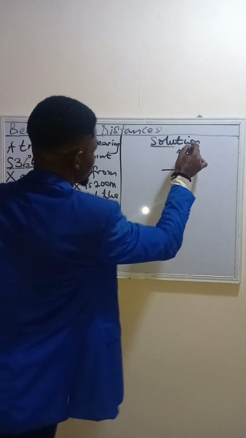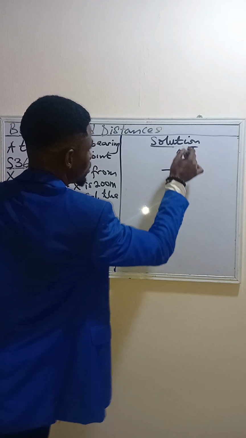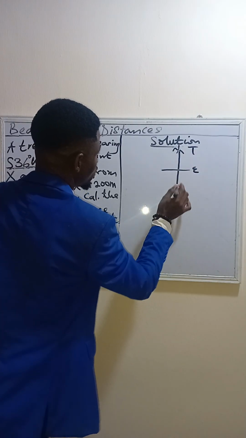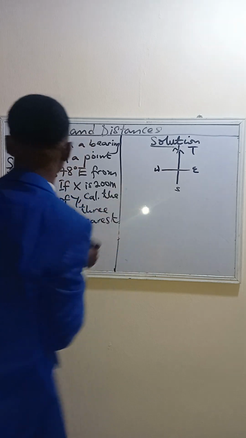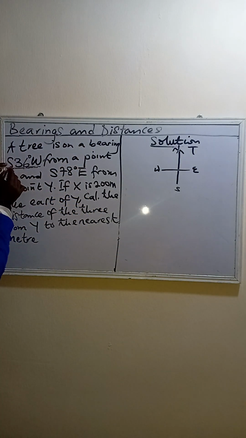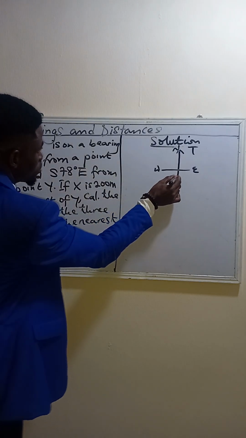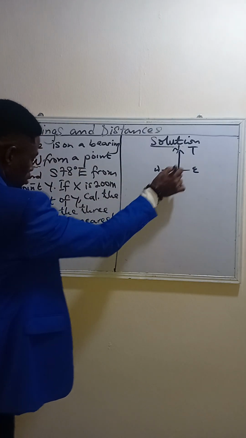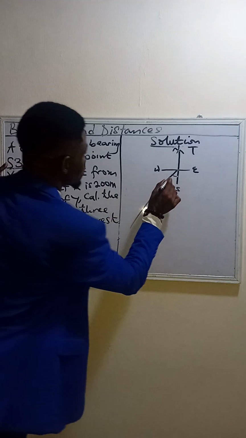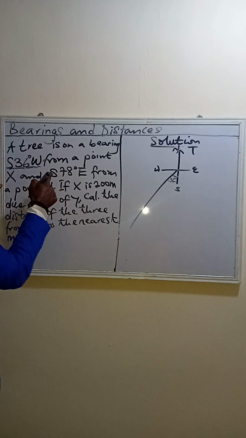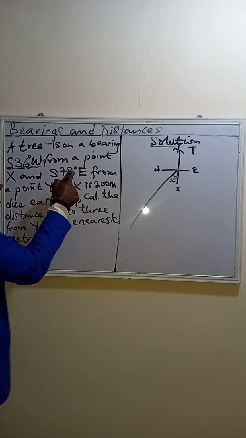This is the tree. Let's assume this is the tree. The north of the tree is this, this is the east of the tree, this is the south of the tree, and this is the west of the tree. And we are told that it is south 36 degrees west. This is the south. You just draw your 36. You come down, this is 36 degrees. And south 78 degrees